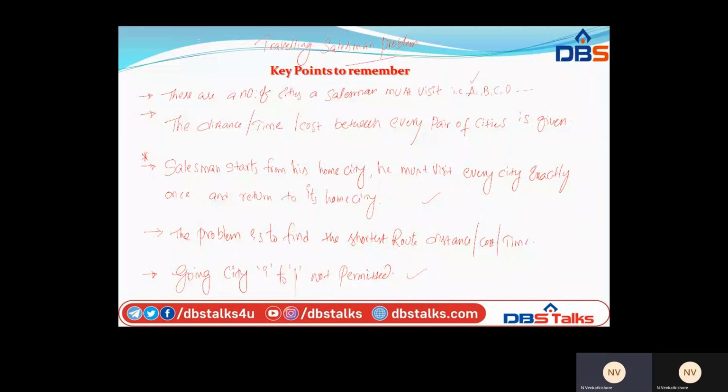Next, a very important point is that the salesman has to start from his home city, and he must visit all the cities. He must visit every city exactly once, and he has to return back to the home city. Suppose he starts from A; he has to complete his journey and come back to the starting point where he started.